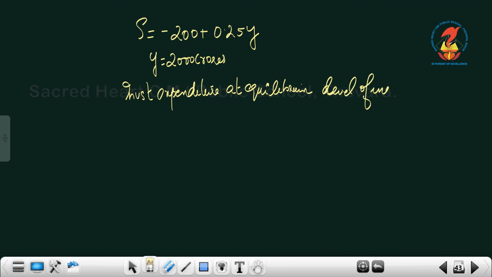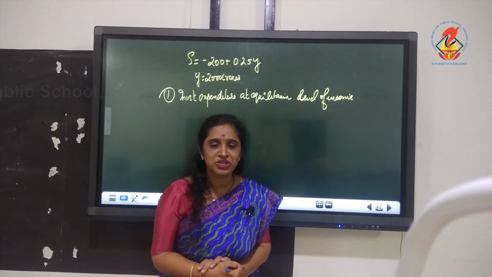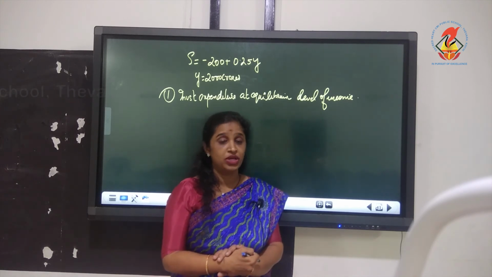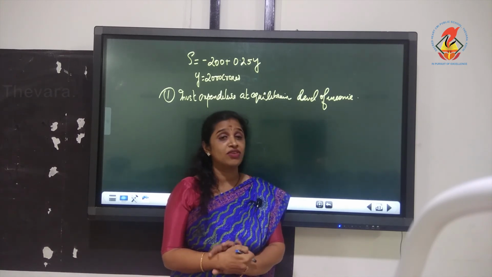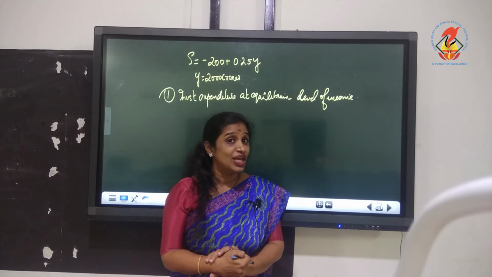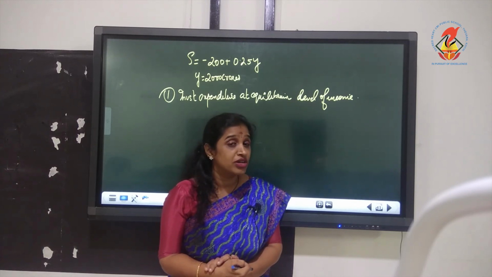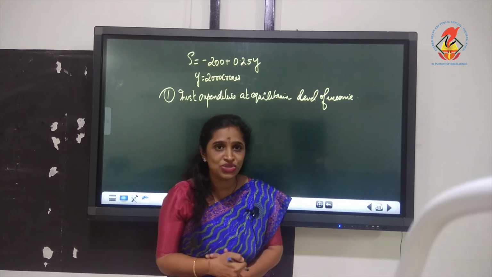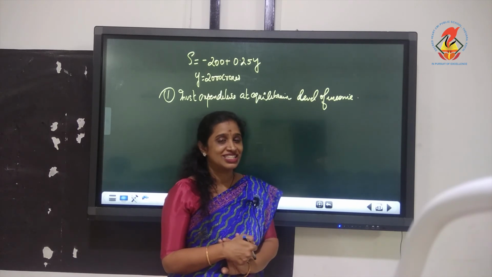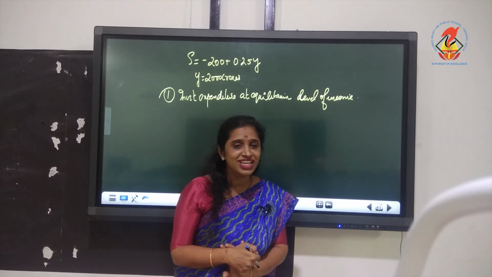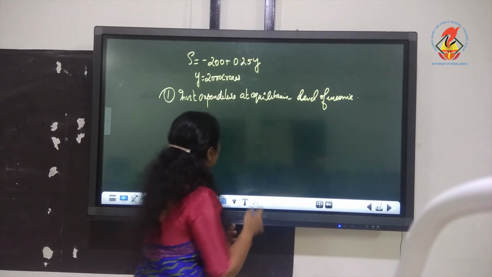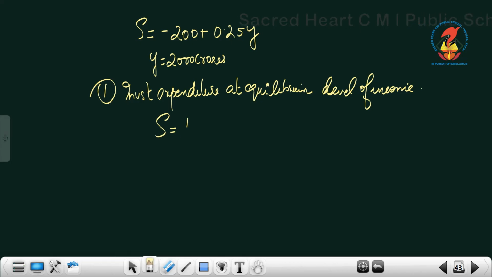Investment expenditure at equilibrium level of income. The first one you are asked to find out is investment expenditure at equilibrium level of income. How will you find it out? You have learned in the saving-investment approach that at equilibrium level of income, saving is equal to investment. So according to the S is equal to I approach,